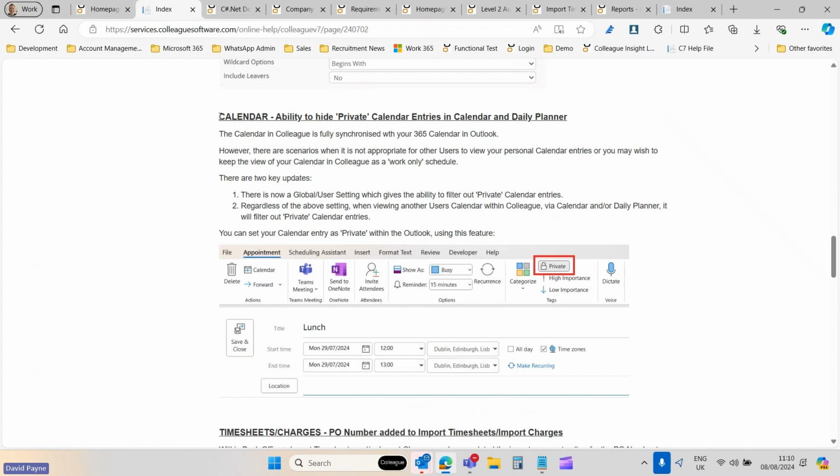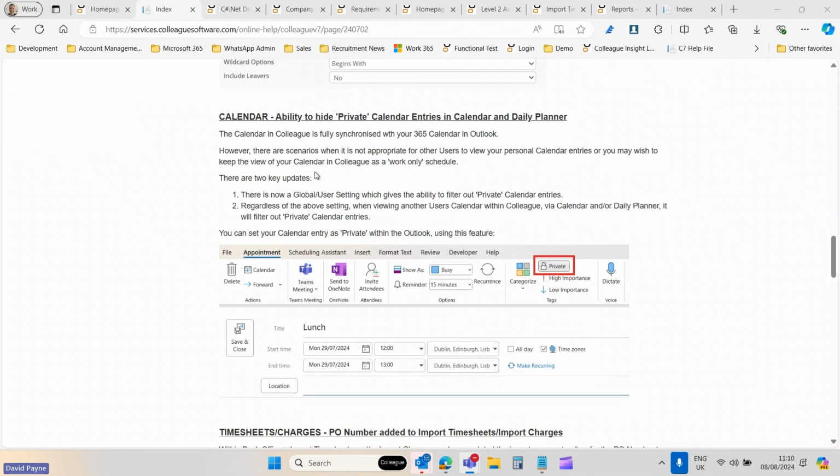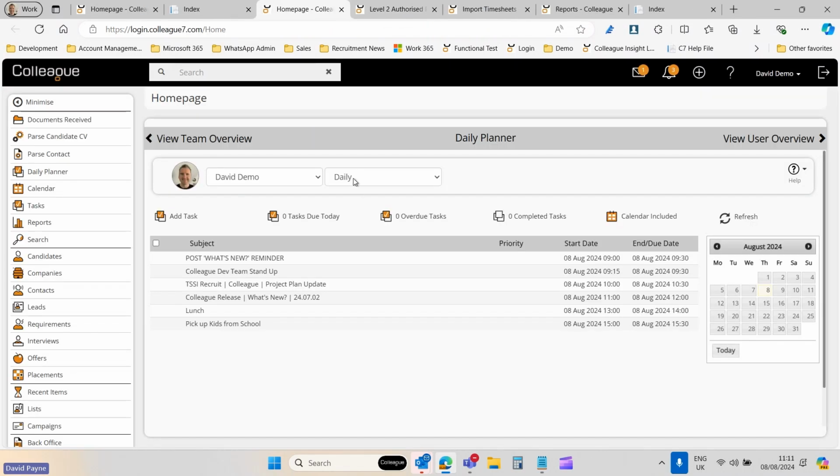Next one along, which is quite an important point, is to do with the calendar. Let me just check we've not got any queries. No, we haven't. Okay. So on the calendar side of things, this is the ability to hide private calendar entries. Effectively, if I go to the home page,